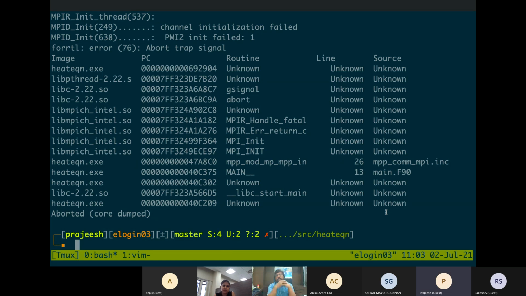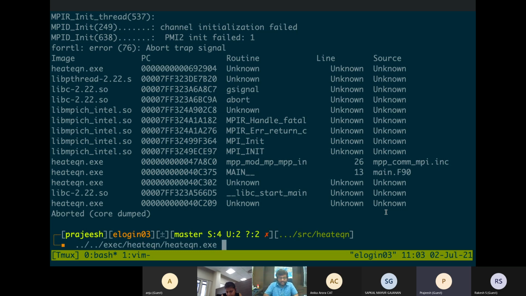In Pratyush, if you are using MPI, even if you are using just one single processor, you can't run it like this.